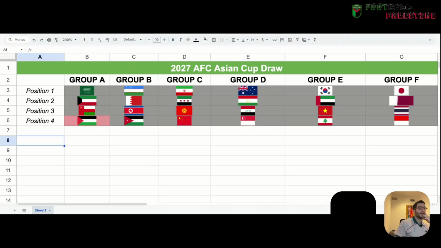Group F, I think the same. Japan and Qatar, but I do think as a totality of their parts, as a pot 3 and pot 4 team, this is a strong group. I would say probably Group F is the strongest, top to bottom, alongside maybe Group C. It depends on the form the teams are in, but I think Group F might be the strongest,